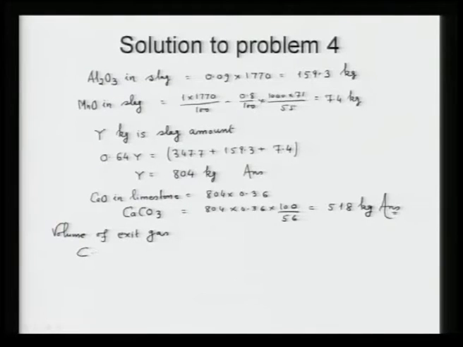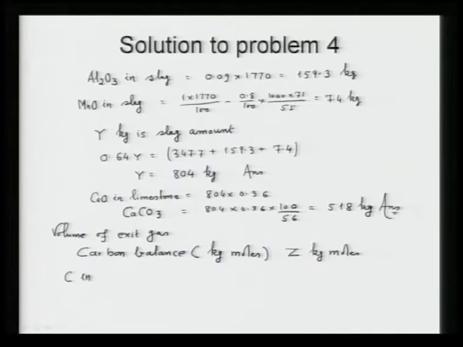We have to do carbon balance, and I will be doing it in kg moles. So, let Z be the amount of gas in kg moles. Now, if I do the carbon balance, I know